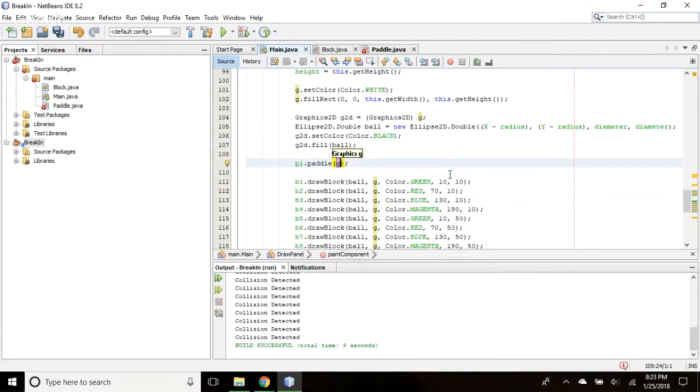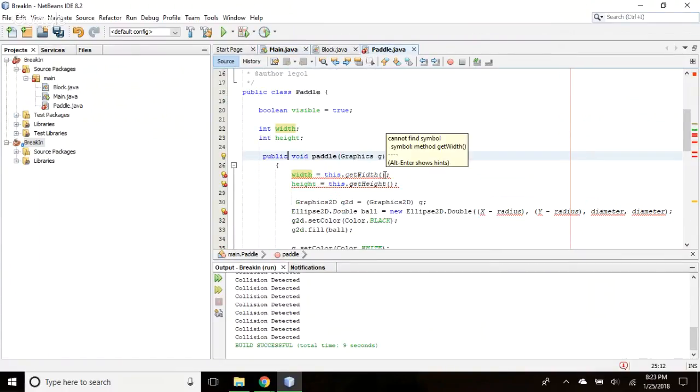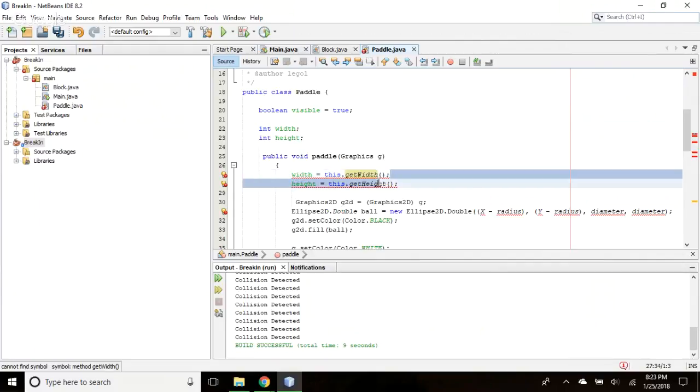And then that should be enough, right? Okay. That will call it. Now we got to go back over and fix your paddle. But I don't really like doing it to where you're drawing everything through the constructor, but we'll work on it.